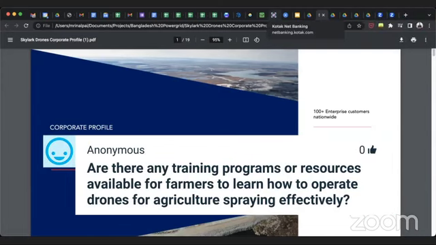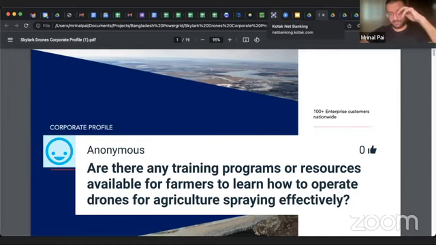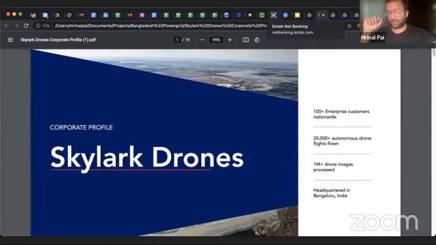Are there any training programs or resources available for farmers to learn how to operate drones for agriculture spraying effectively? To answer that, there are of course resources available. In most cases today, the manufacturer from whom we are purchasing this drone provides product training. There is at least a 2 day course that every manufacturer mostly provides,